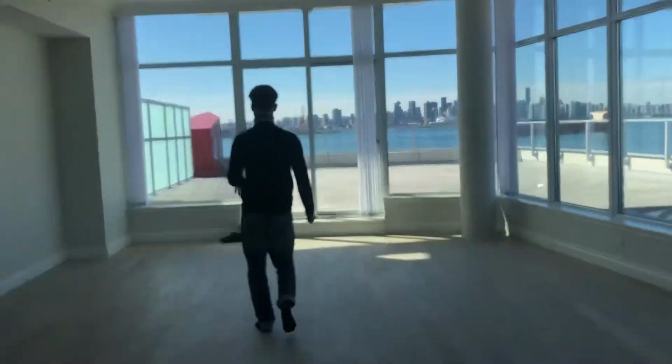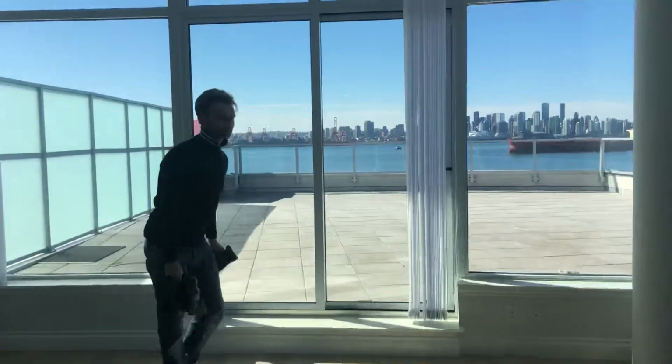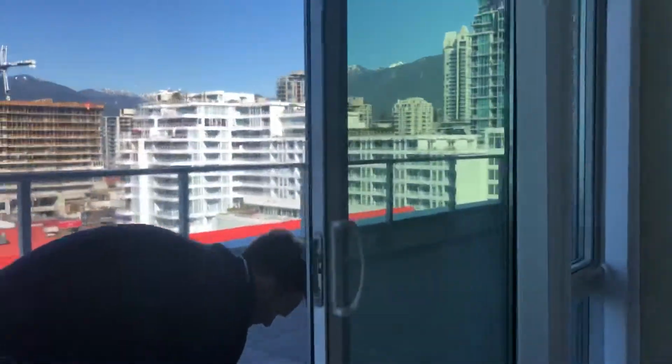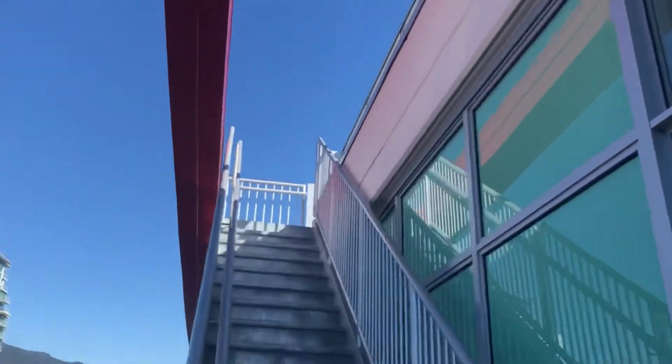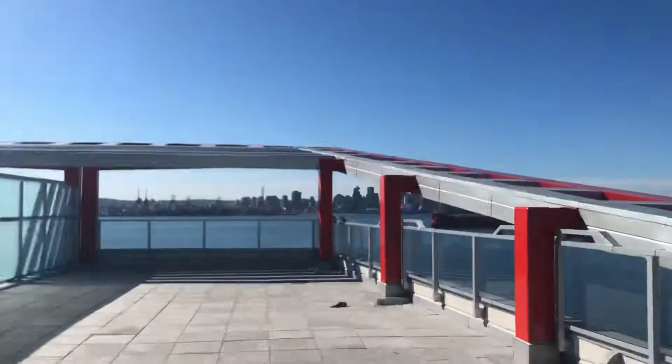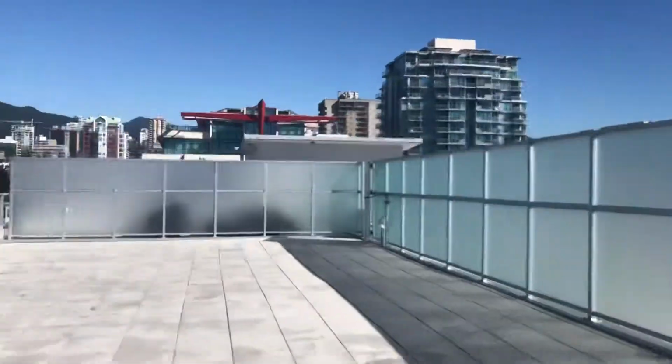Just gonna take my shoes. Enjoying the view. This is the stairs to go to the deck. It's an awesome experience. You're gonna have barbecues, invite the whole city. Absolutely beautiful feeling of freedom. So 360 degrees, mountains, water,